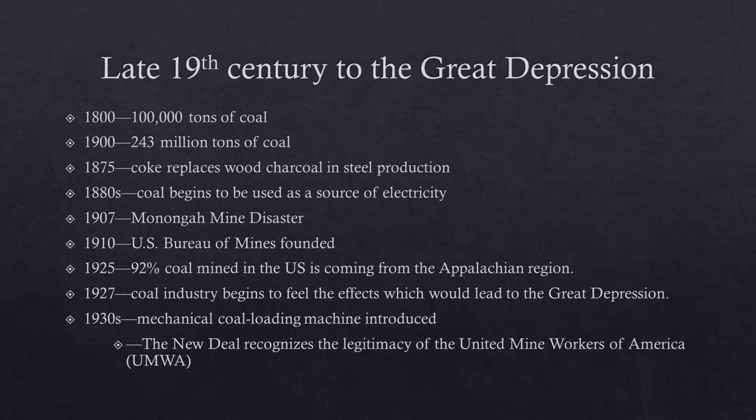The 1920s also marked strides in miner unionization, which stabilized worker pay and fought against scrip pay, which was company credit instead of real money for work, which could only be used to buy company goods, and often in towns owned by the companies. But by 1927, the coal industry had already started to depreciate as the industry faced more